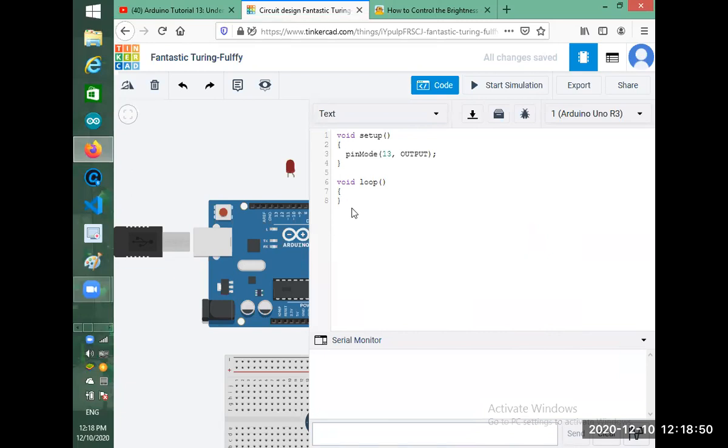How are we going to use the serial monitor? That is the point. Till now we haven't seen how to use the serial monitor. When we use the pins, we write pin mode. It is an instruction. We say use the pin mode. In the same way, we have an instruction for the serial monitor.